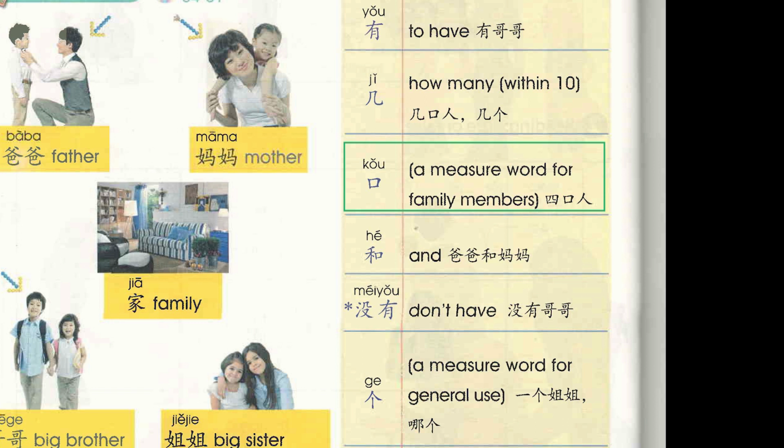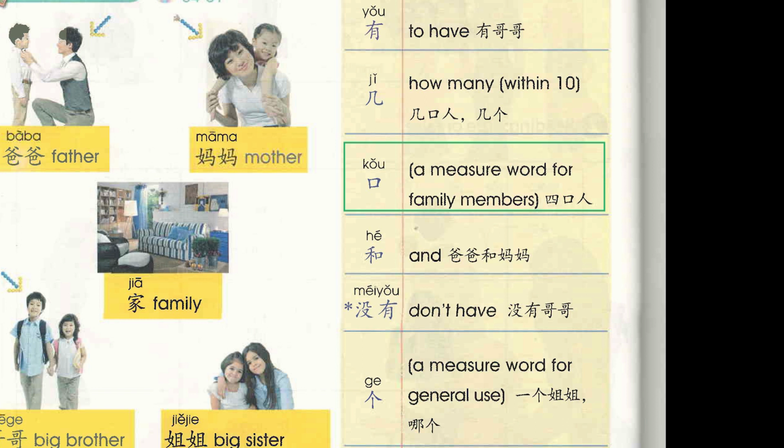Whenever you have to say your family members, you have to use this 口。For example, if you have 3 members in your family, then you have to say 3口人。If you have 4 members, then you have to say 4口人。